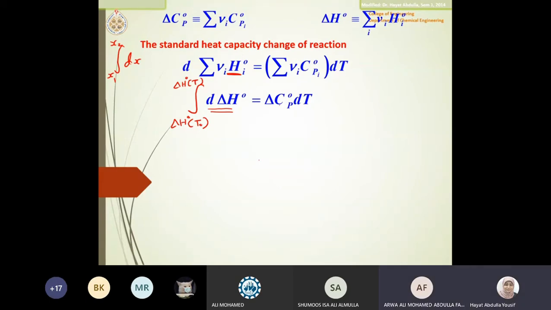Should I repeat the integration, starting from the integration or from before? Before. Okay, starting from here maybe. Okay, let me remove all that then, and I will repeat. I know this part is not easy to understand. If you did not get it, then I have to repeat it. Arwa, did you understand why I replace the stoichiometric number times HI with delta H naught?